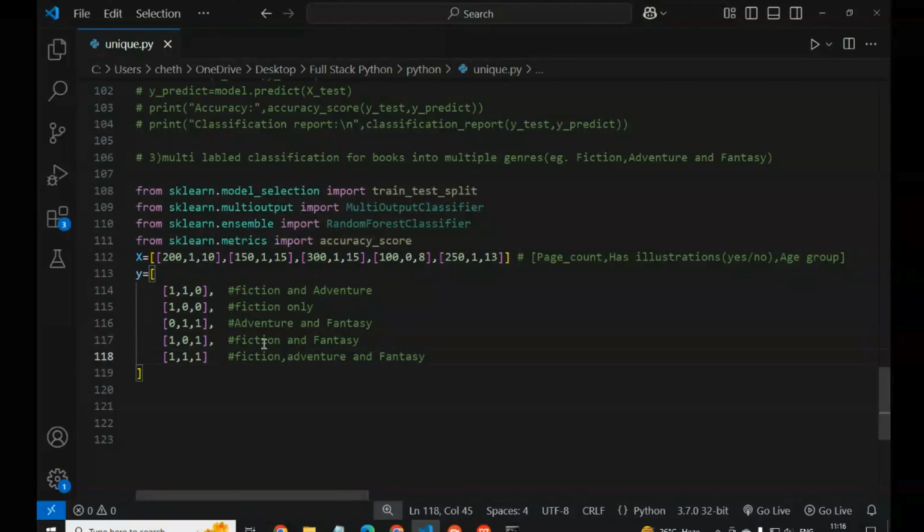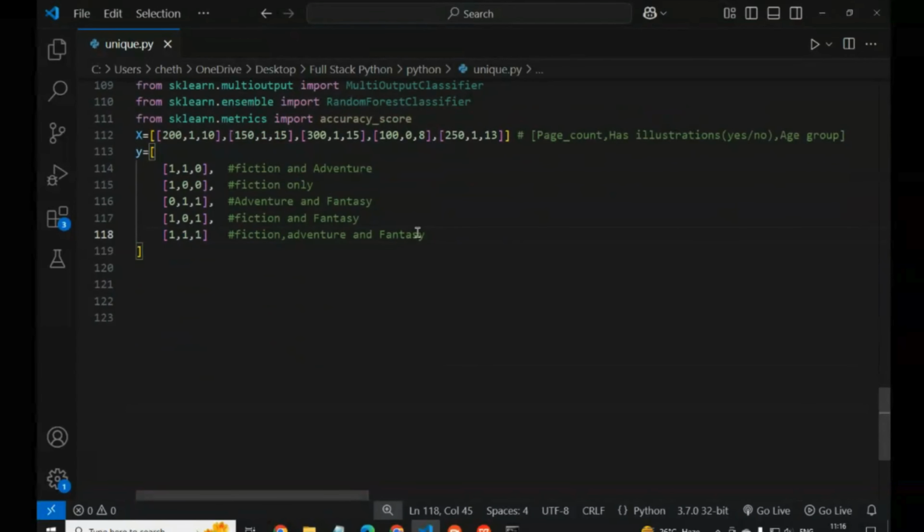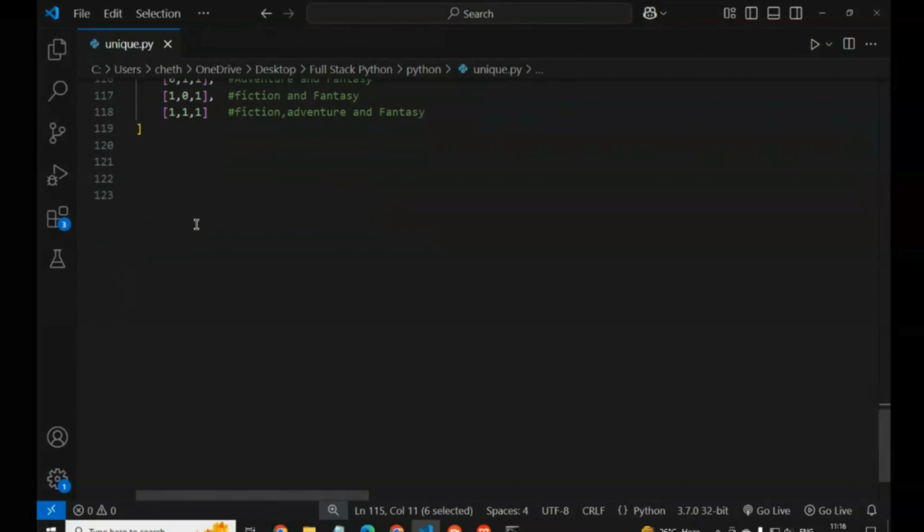All things are in the last one. So it will give this one for this one, and for this one this data. Like that we have to write.